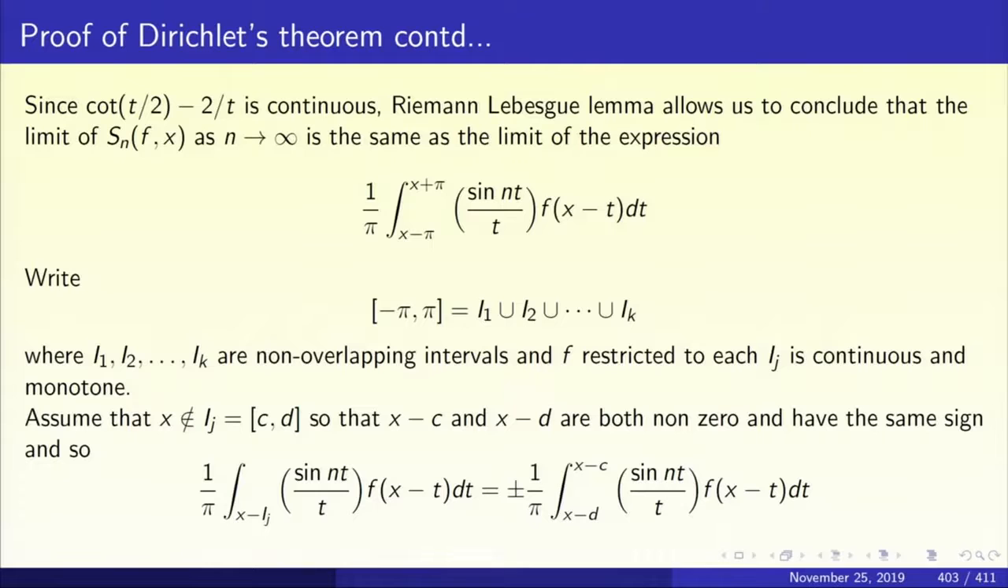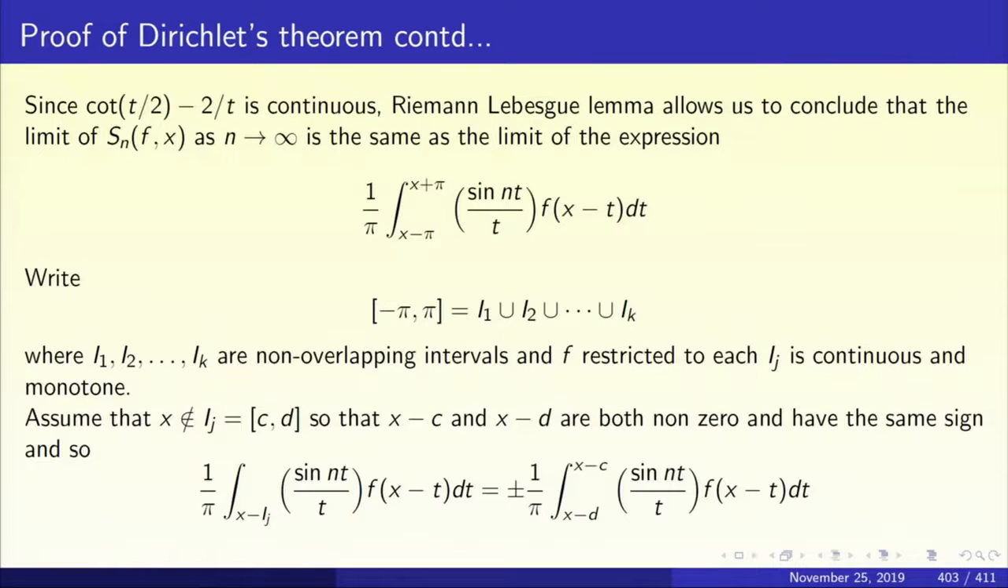So that is all that is left over. Now to deal with it, that integral over x minus pi to x plus pi should be broken up into the integral over certain disjoint intervals. So first let us write minus pi to pi as a union of closed intervals which are non-overlapping, meaning that